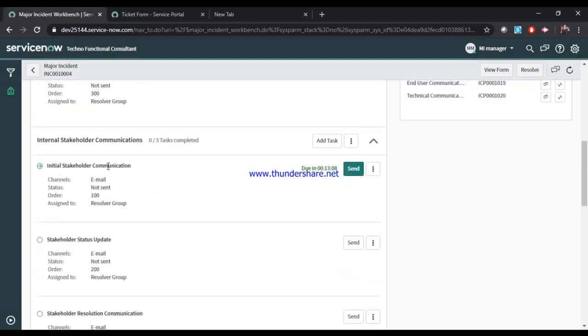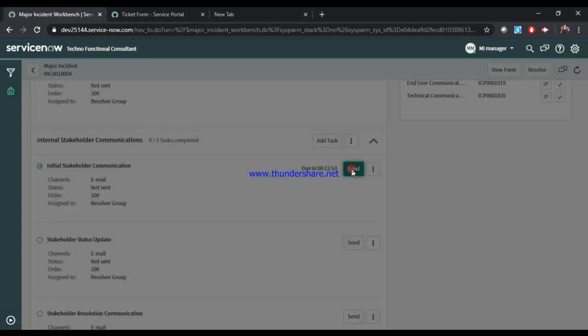Now I'll show you how to send a task. Just click on the send button. Suppose you want to send this task, so click on send, and this is showing that after this you have to send a first update within this time period. It means it's 15 minutes, but I delayed in going and coming here, so it's taking this much time. So I click on the send button. A task window will open in front of me where I have to fill in my details, my representatives. You can configure this automatically as per your technical stakeholders group or the list here. You can do that part.